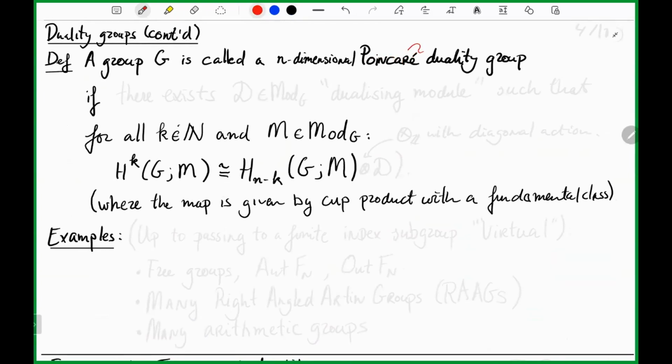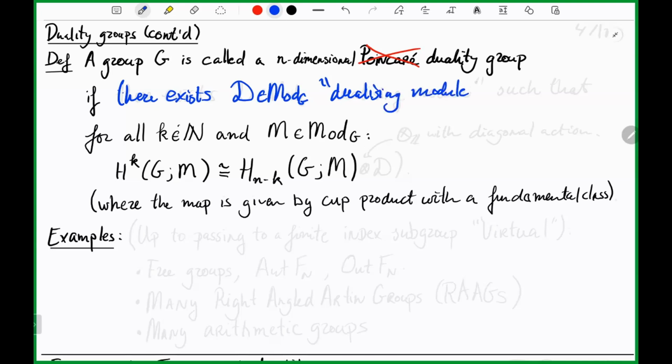So G is called an n-dimensional duality group if the new thing is that there now exists a module D, which I'll refer to as the dualising module, such that